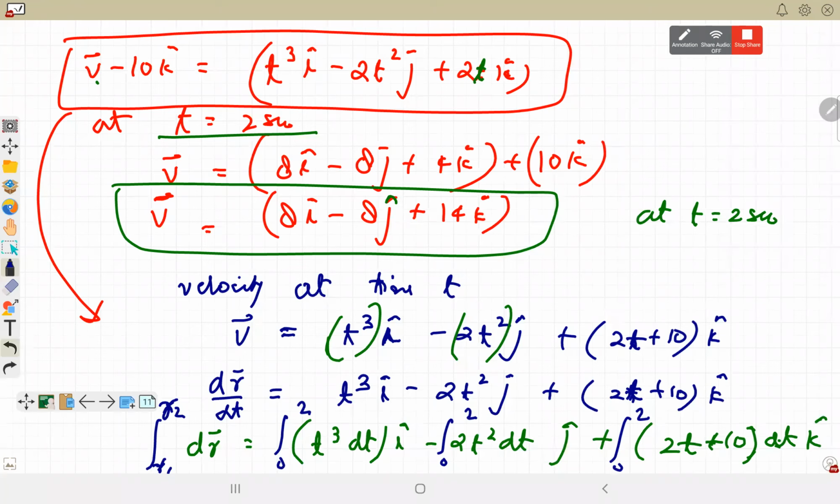Got the answer? बेटा किसी का आंसर आया? लेफ्ट साइड में थोड़ा बड़ा है, इसे आगे कॉपी करना पड़ेगा मुझे. लेफ्ट साइड में आ जाएगा r2 minus r1. Right side will be t4 by 4 and okay. Please solve and give me the final answer. मैं आगे स्टेप लिख देता हूँ करना क्या है हमें.